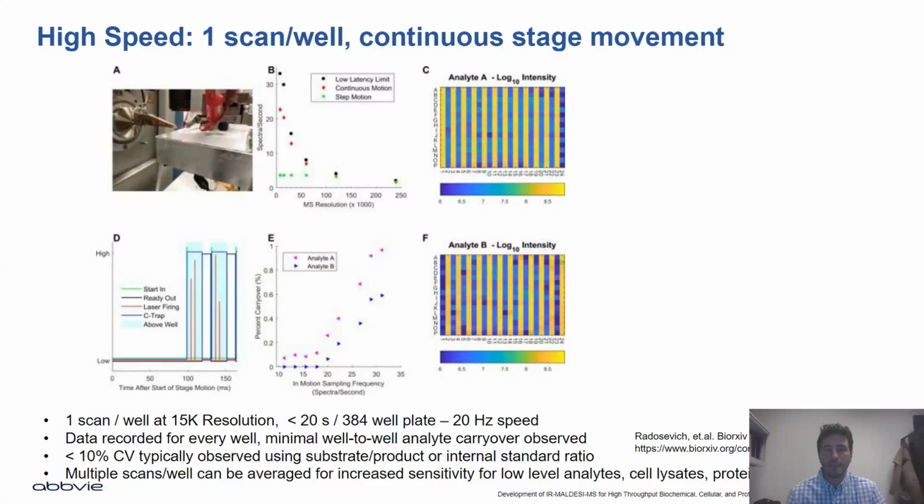The middle graph on the bottom shows the carryover of those analytes. The x-axis is sampling speed and the y-axis is percent carryover. If we're sampling at 20 hertz, we're just starting to see 0.1 or 0.2% carryover. That relates to the lifetime of the plume that comes up. So 20 hertz is probably our limit of being able to sample without getting significant carryover, but that's plenty fast enough for most